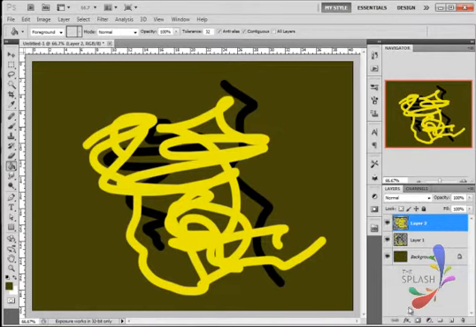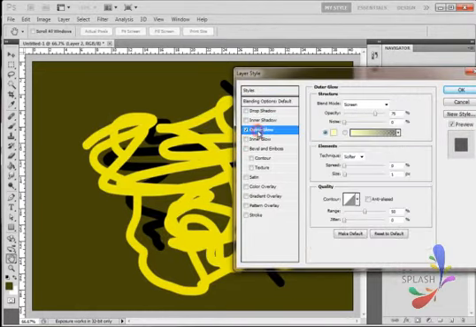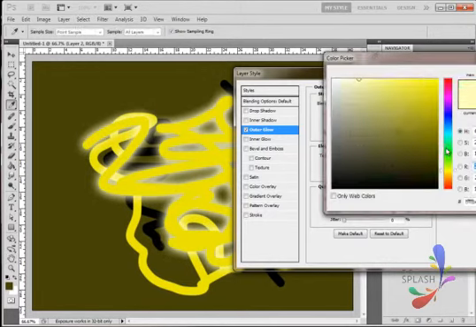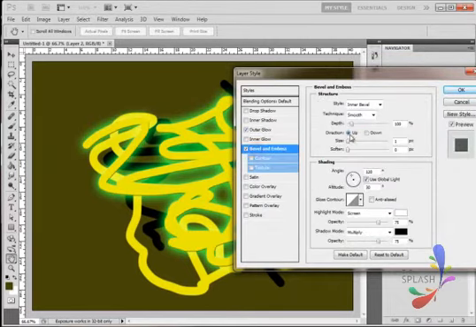Yes. Now FX, blending options. Now you can see when I press outer glow, it glows. You can change the value here, size and spread and other things. Soft, precise. Alright, you can change the color from here, change to green, or whatever, a lot of things. Okay. You can make it 3D with, not 3D, you can emboss it,